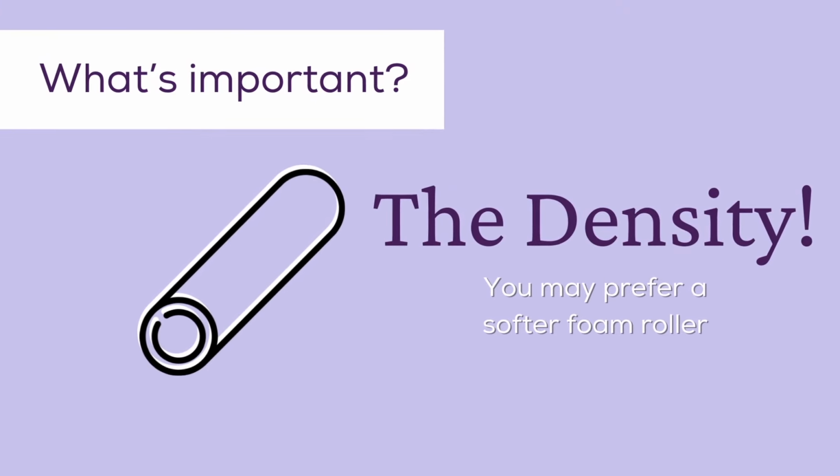Another thing to consider is the density of the foam roller. I like deep tissue massages. I like to roll and get really deeply into my muscles, so I just go with the strongest density one that I can find, and that's most of the foam rollers out there. If you're a little bit more sensitive, don't worry, there are softer foam rollers. In fact, I will link to a specific one that I'm thinking of that is made for physical therapists, and I have used this in a number of studios, and it is truly much softer than the regular ones. And for clients that have maybe that more sensitive skin, sensitive muscles, this is a great way to start working